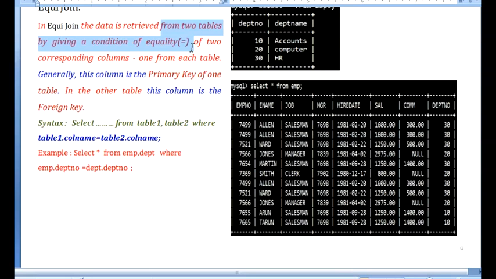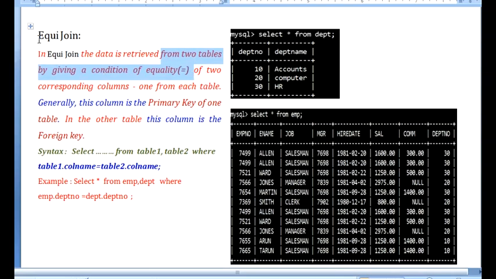As the name suggests, we are joining 2 tables depending upon one equality condition. Then how do we apply this equality condition? Generally, it is applied based upon the primary key of the first table combined with the foreign key of the second table.